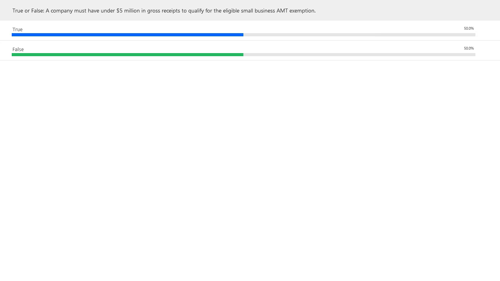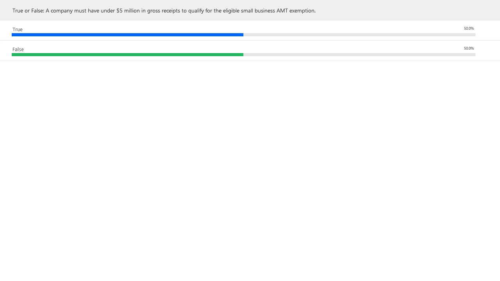Because the PATH Act basically enacted the payroll tax credit as well as the AMT offset credit, there's two different revenue thresholds, and it can get confusing between the two. So for the payroll tax credit, the revenue threshold is $5 million, which is pretty small. For it to be an eligible small business to benefit from the AMT offset, the revenue threshold is $50 million,